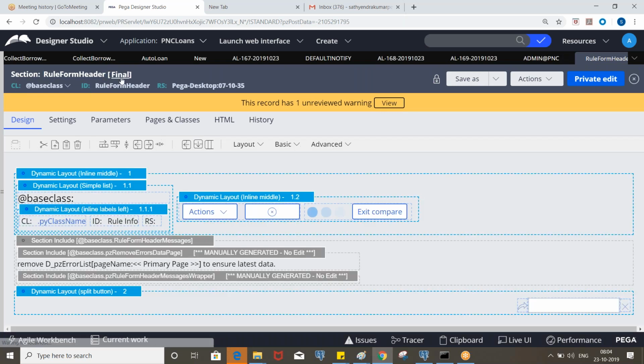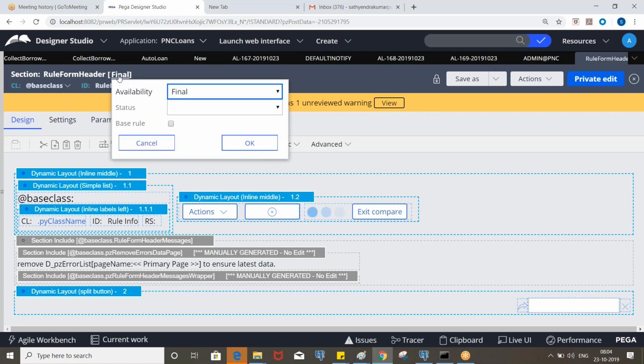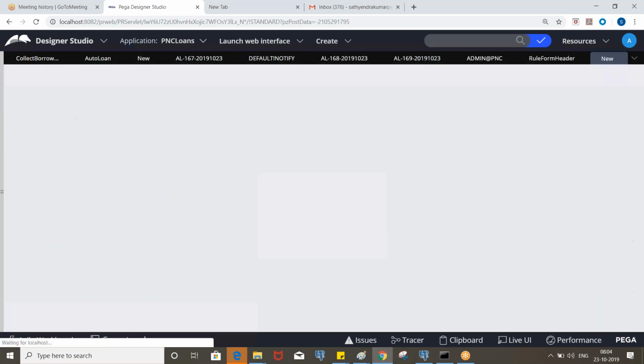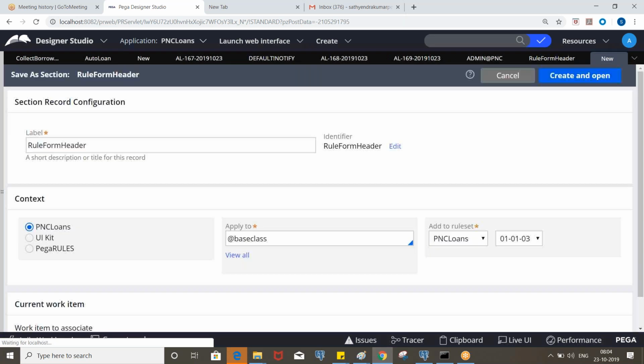Okay, the rule formatter, right? So this we cannot customize, the rule formatter. You see, the final means we cannot save as into our rule set. Let's say I want to customize this, I'm saving it to PNC loans, and let's see what will happen.